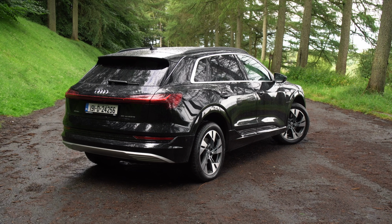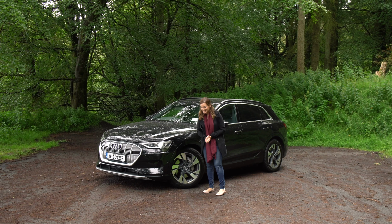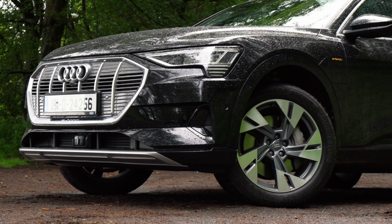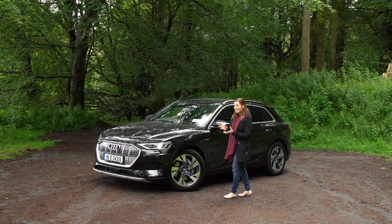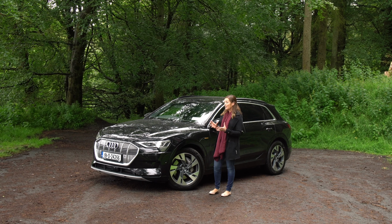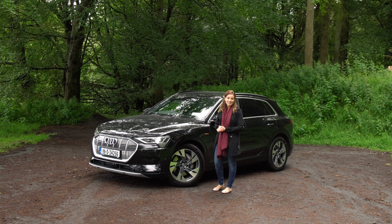Now, styling-wise, they have gone with a very subtle approach here in that it whispers rather than shouts that it's electric. With this tightly clustered custom grille, your main clue on what is otherwise a very typical Audi SUV silhouette. Now, some people will really like that, others will prefer the shoutier looks of the Jag or the cool falcon doors of the Tesla. But I would be very interested to hear your thoughts on the e-tron styling in the